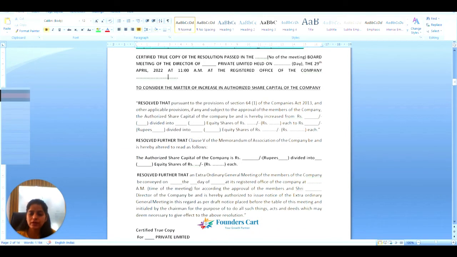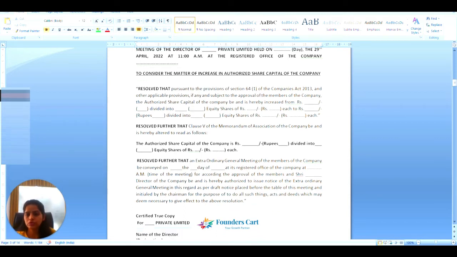After that, you need to conduct the board meeting, and in the board meeting you need to pass a board resolution to consider the matter of increase in authorized share capital of the company, in which you can prepare the resolution according to this format. Here you have to mention the existing capital of the company, and here you need to mention the increased capital of the company that you want. And if you want to increase the authorized share capital of the company, then clause 5 of the Memorandum of Association will be changed, because without the increase